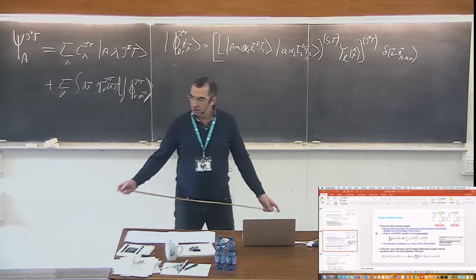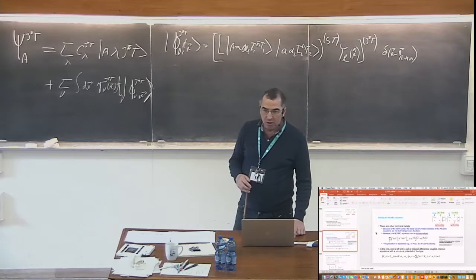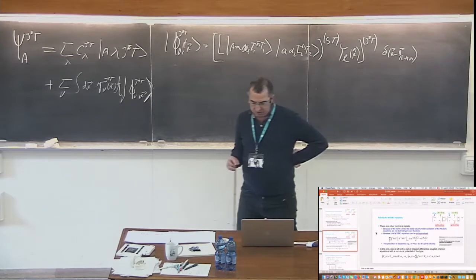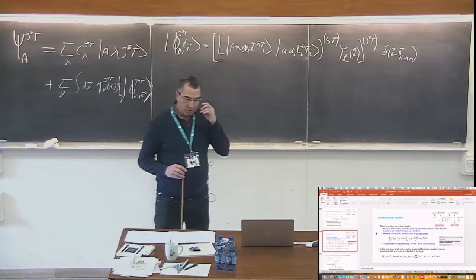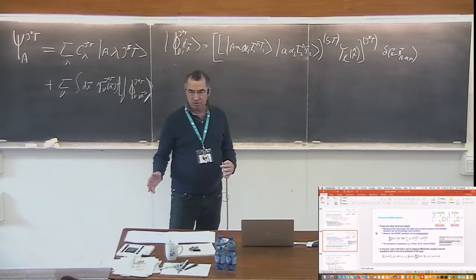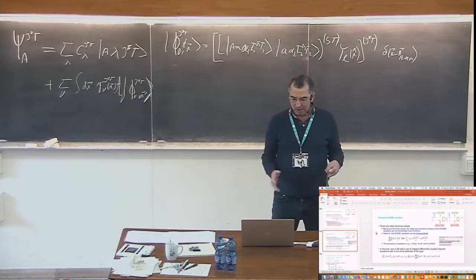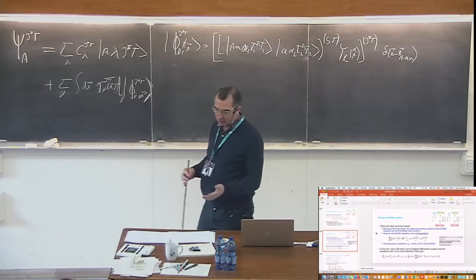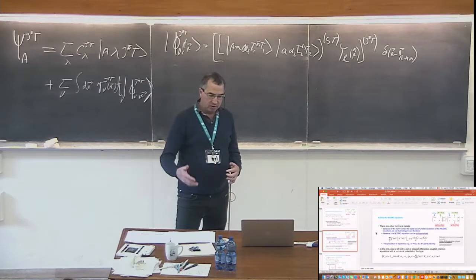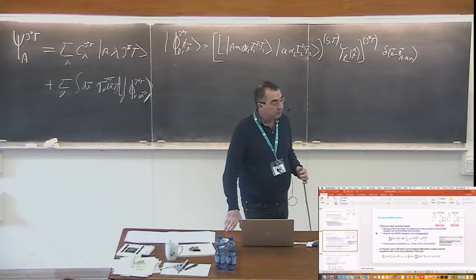So let me start with the final lecture in this series on ab initio calculations in nuclear physics. Yesterday I tried to explain a little bit the way we can describe nuclear structure and nuclear reactions simultaneously, using this approach that I call the no-core shell model with continuum. It's an extension of the no-core shell model, which by itself is nothing else than just an expansion of the wave function